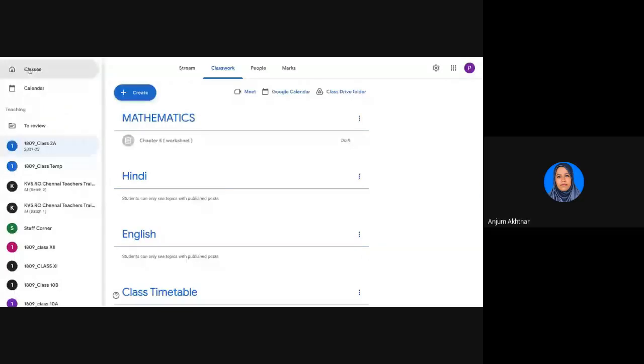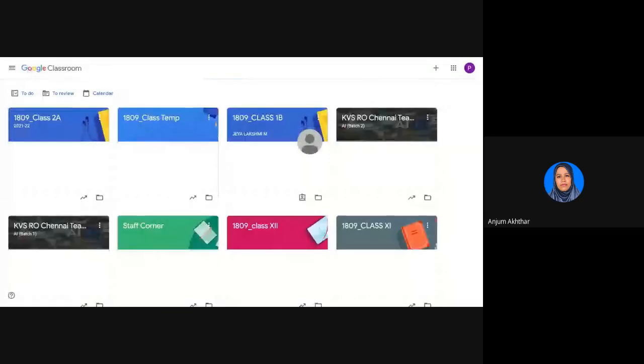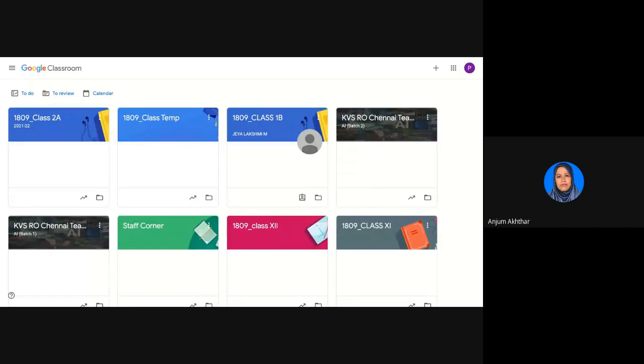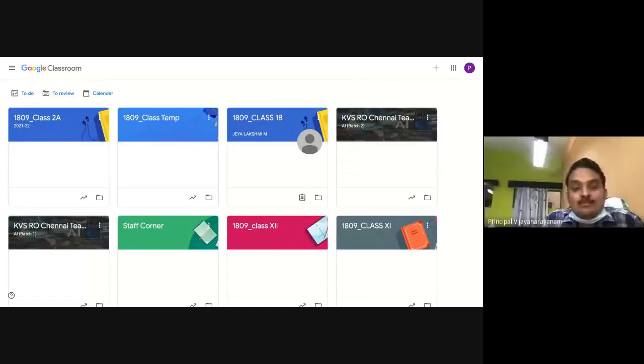Sir, just one doubt, for my clarification. In housekeeping, first, if any assignment has not been returned, we have to return those assignments to the students. Then we have to remove the students from the classroom, not the teachers, only the students, and then archive the class. These are the 3 steps? Yes, madam. But I will sum up all the steps in sequence once more for all of you at the last. Don't worry.